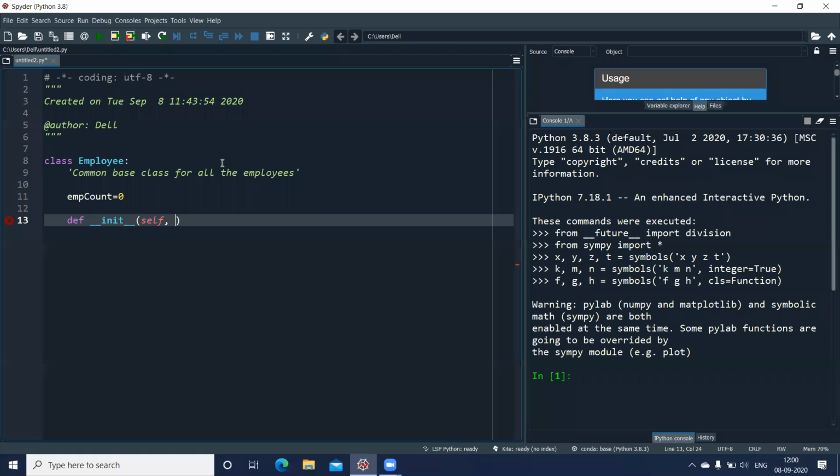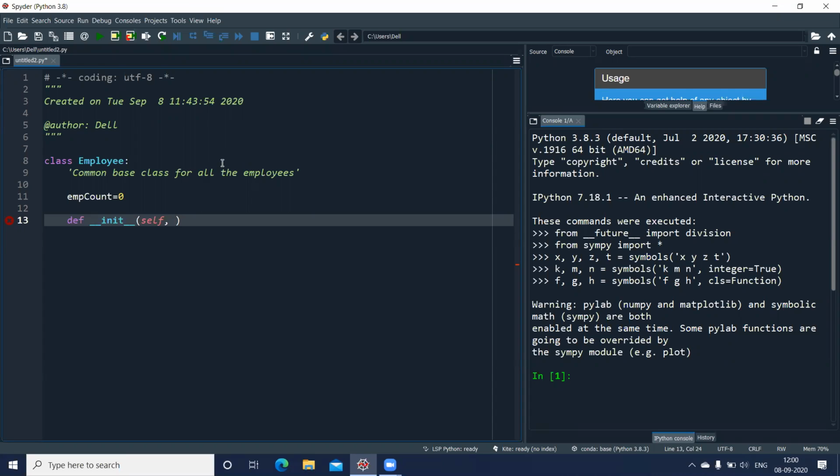Self refers to the current object. It is a reference to the current object. So always give this keyword self when you're declaring your methods, followed by the parameters which you want to pass to this particular constructor.